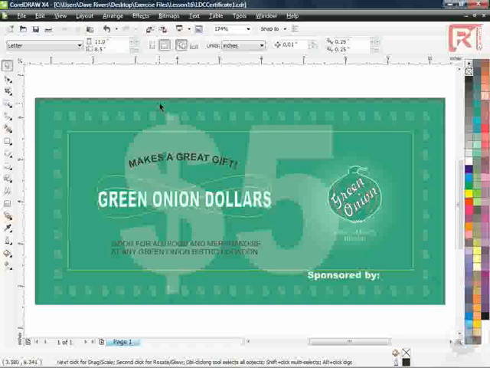We'll check that out in this lesson before moving on to PowerTrace, allowing us to trace bitmaps and convert them into vector graphics so we can manipulate them further here in CorelDRAW. Then we move on to Corel Photo Paint for editing photos. We'll also look at the Cutout Lab, special effects that can be applied to bitmap images, and you can even import raw camera photos. In other words, if you've got a digital camera that allows you to take photos in the raw format, where there are no enhancements made whatsoever, you can bring those directly into Photo Paint to work